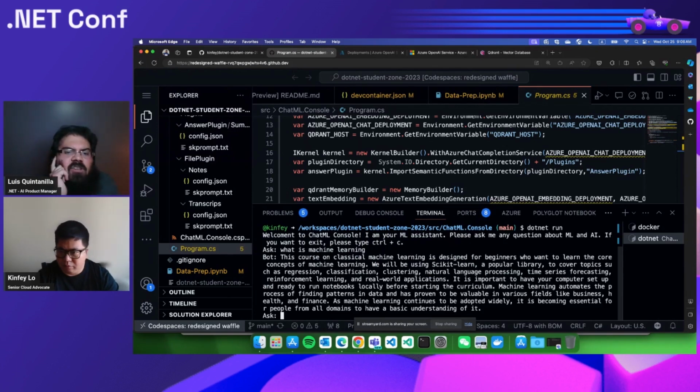Okay, I see. So once it got started, you asked it, what is machine learning? Okay. The course in classical machine learning is designed for beginners. So this is pulling the data from those transcripts and those course notes that we looked at earlier, right? Yes. I see. Okay, well, what if I asked it something about, I don't know,